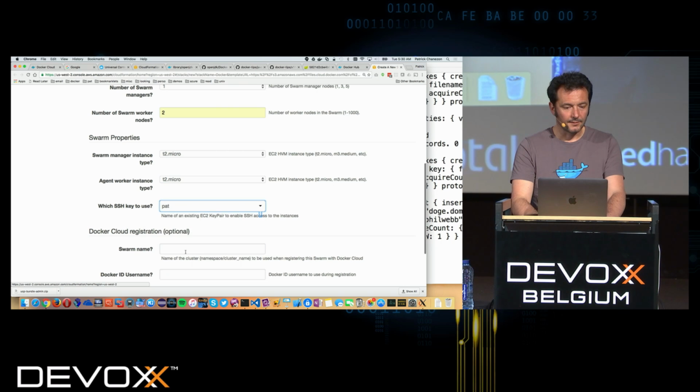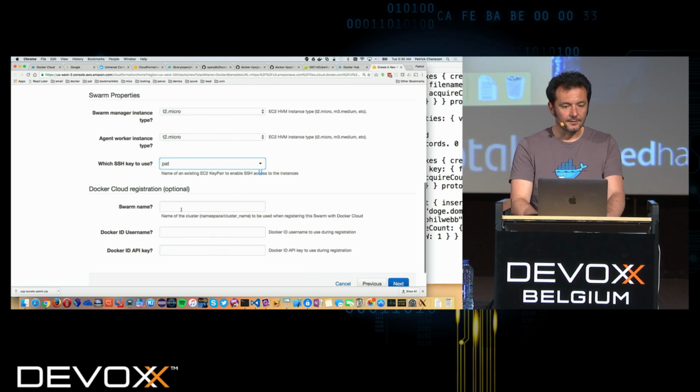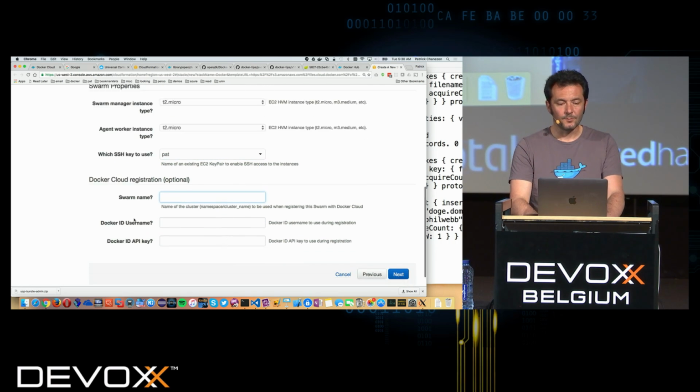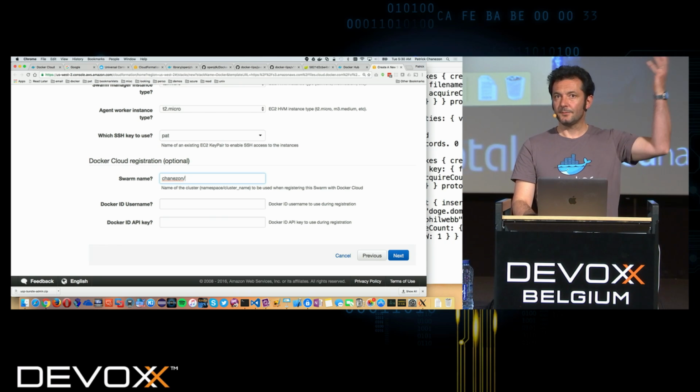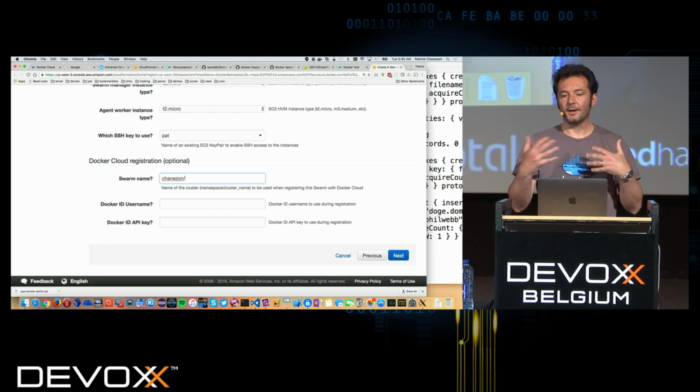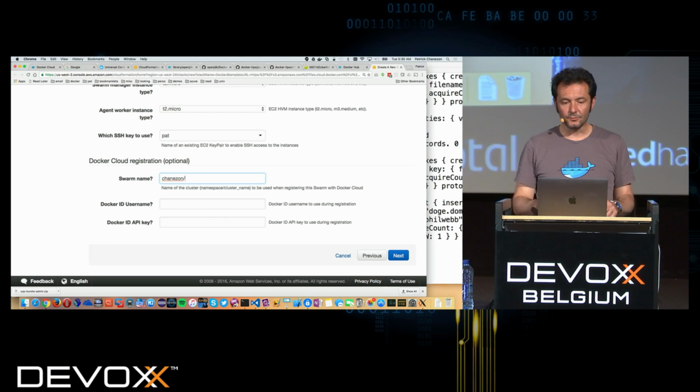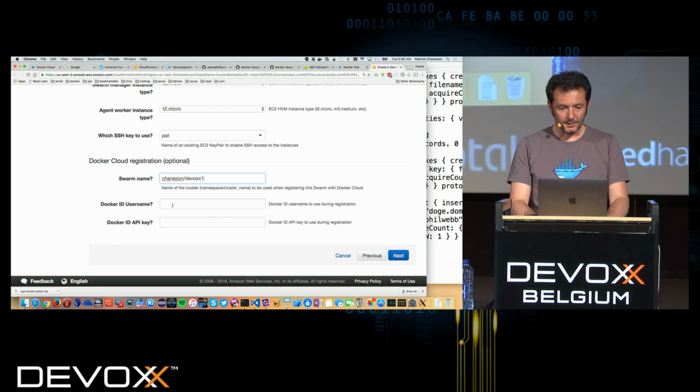So they're there. And this is the new part of the template, which is the swarm name. So here I can specify a name in my namespace, in the Chanezon namespace on Docker Cloud for how I want it to be presented in the UI. So I want that to be called DevOps1.